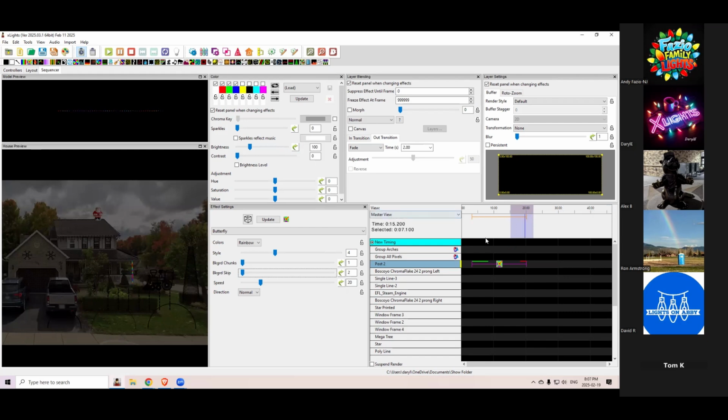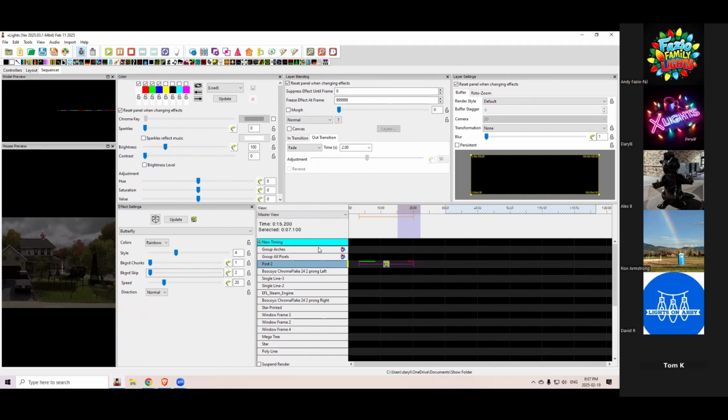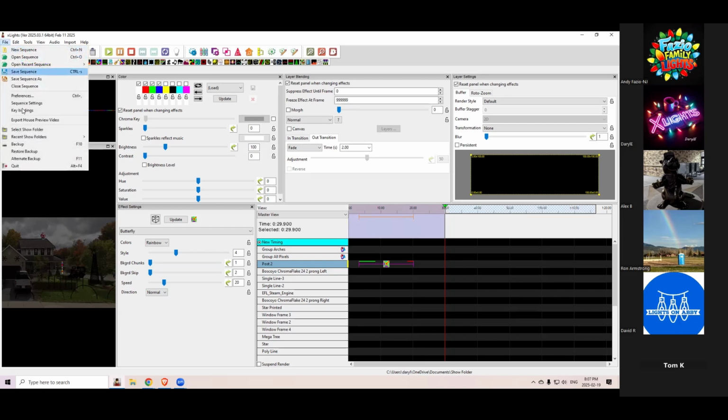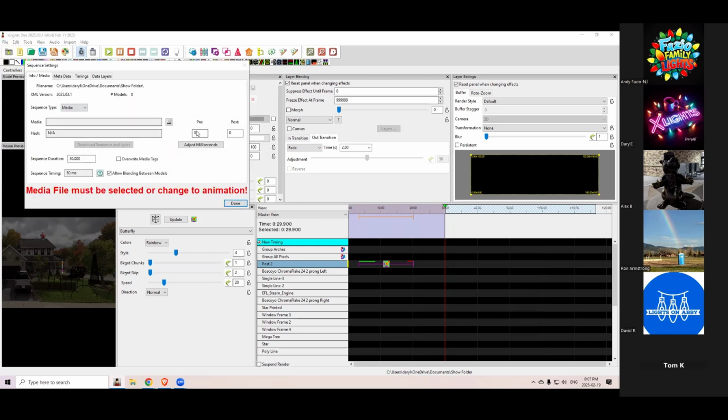Over here, of course, is our sequencer here. We'll bring this back. And then we'll go into the parts of the sequencer. The top portion here is the waveform or the timing waveform. Since we have an animation, this portion here is blank. I'm going to switch it over to an audio track. So if you have a sequence based on audio,